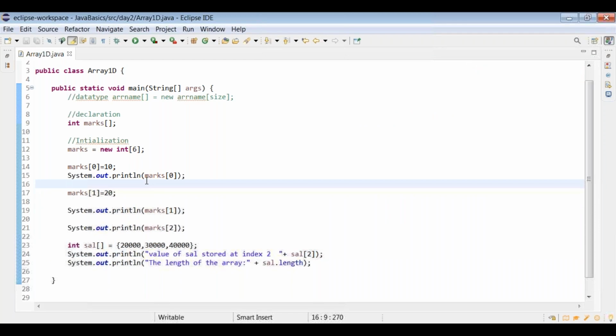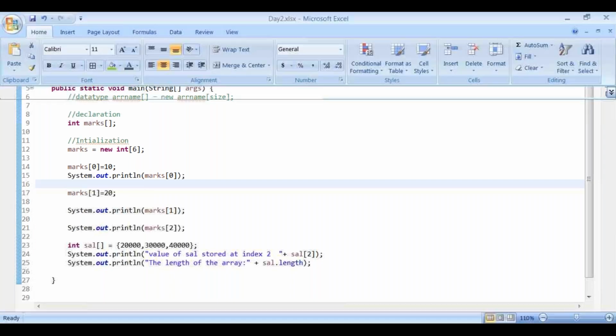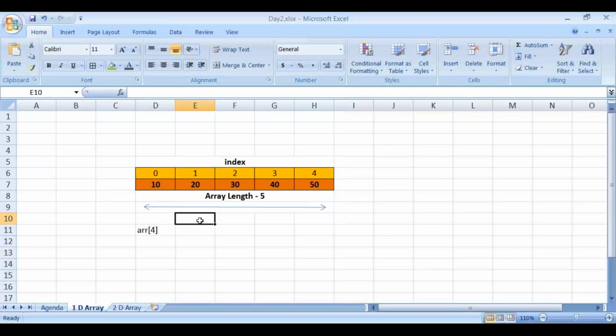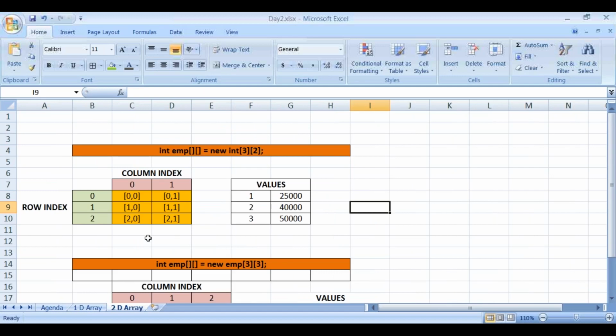Let's get into the two-dimensional array. In the case of a two-dimensional array, let's get into the next sheet. You see here, we are going to store these values: employee ID 1, the salary is 25,000. Employee ID 2, the salary is 40,000.